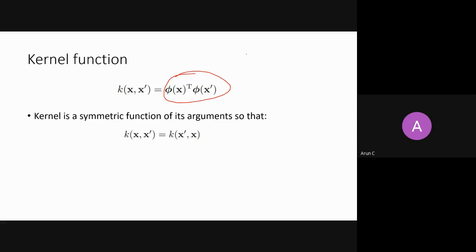So if you are in the original space, then you do X transpose X. And if you're projecting your X into a high dimensional space using a basis function, it is phi X transpose. So it is a high dimensional vector, and you are taking a dot product. So here you are taking phi X transpose phi X in high dimensional space, right? So the norm or dot product there will be this.